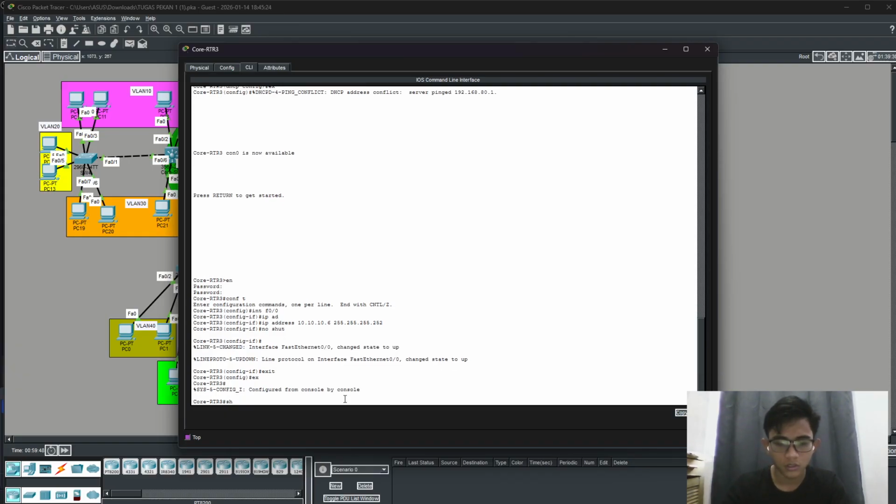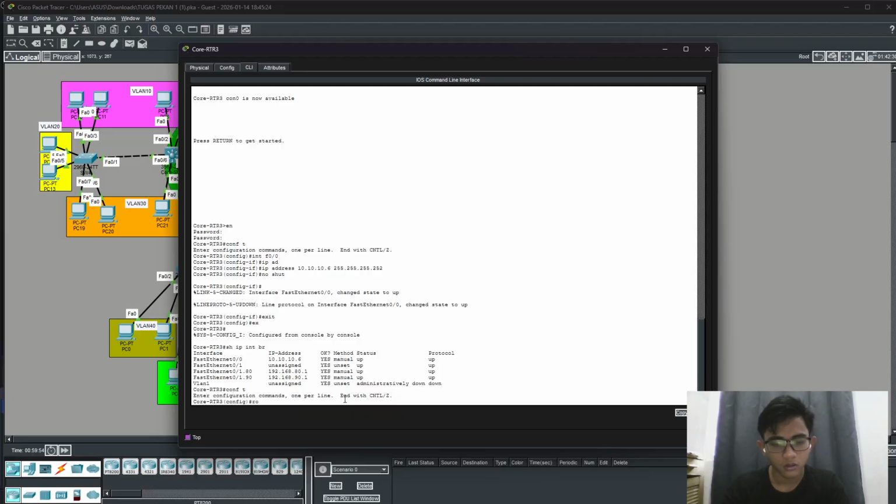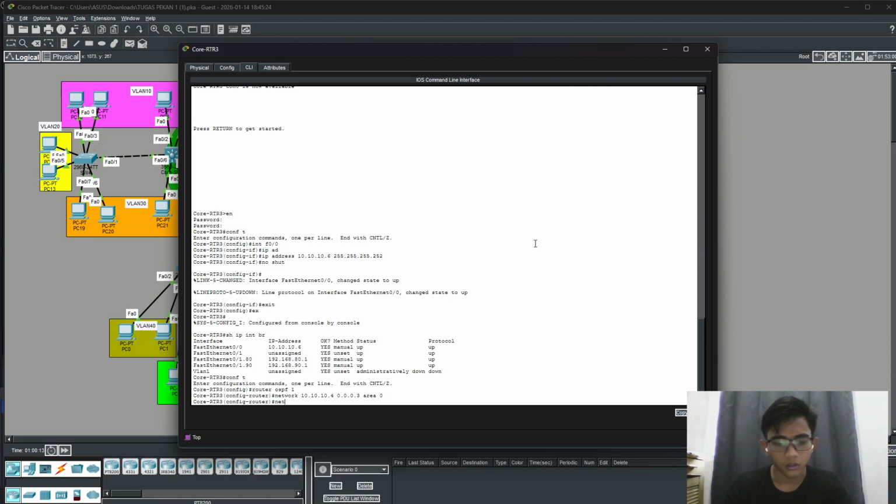Now here, exit. So IP interface brief. Okay, configuration terminal, router OSPF 1, network is 10.10.10.4, wildcard is 0.0.0.3, area is 0, and again network for the VLAN, I guess.